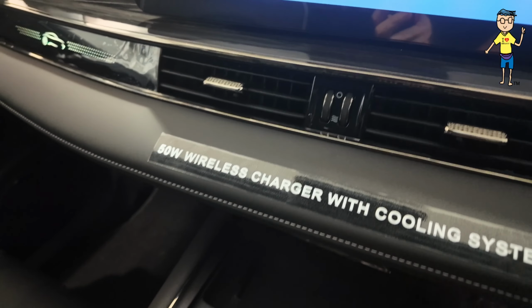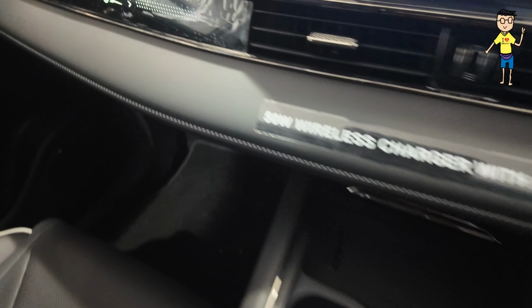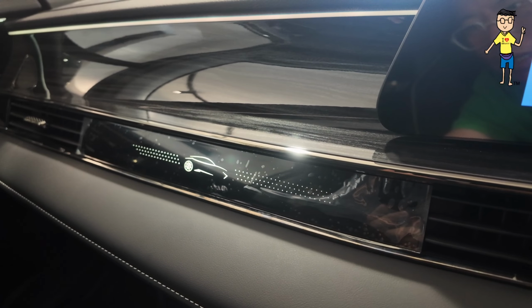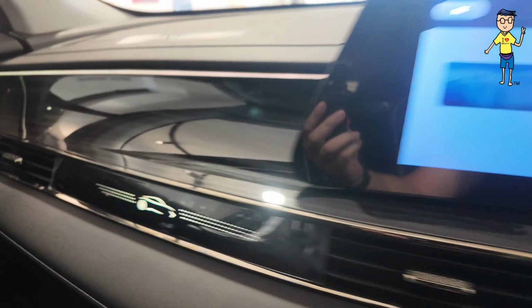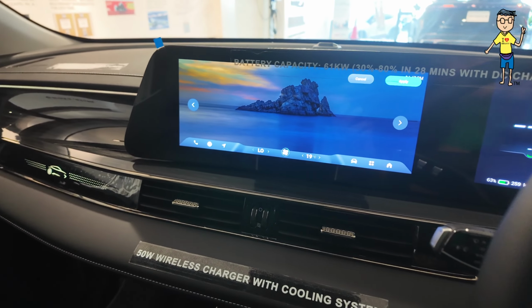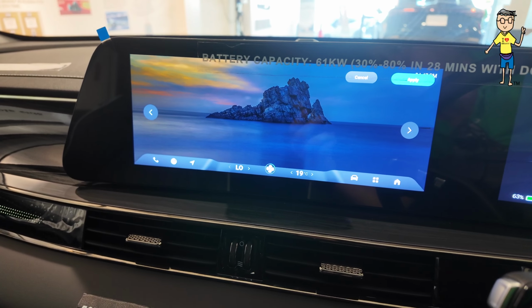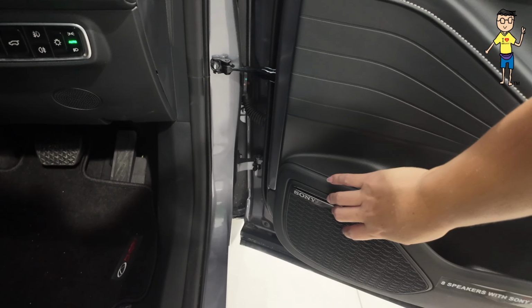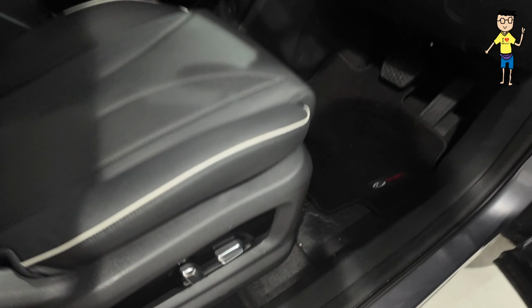50 watt wireless charging, 2 cup holders. You get a very nice car, lit up logo, and then the wallpaper all very nice as well. Check this out. Look at that, very nice. I get a Sony sound system, yeah, as most Chery cars will get, and electronic seats, and